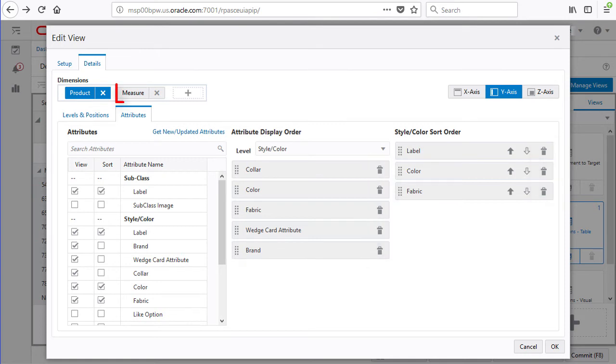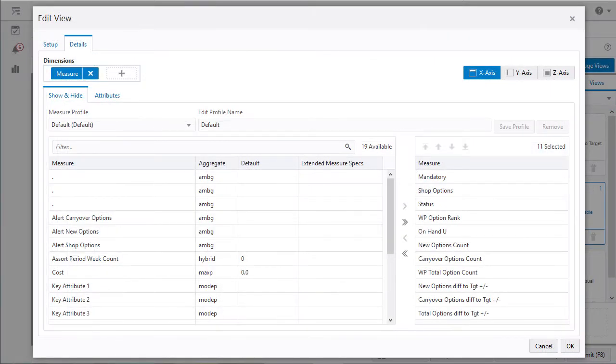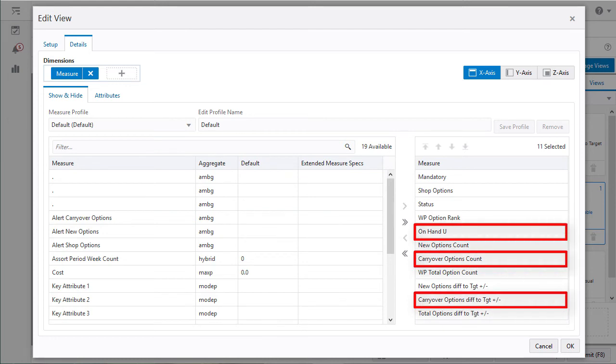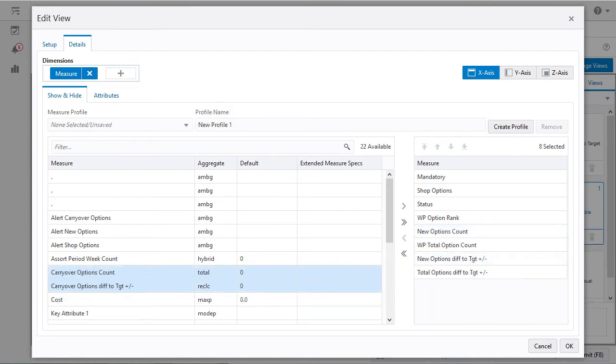To edit measures, we click on the Measure Dimension tile. In this example, I want to see the cost and the retail price for each option I select for the plan. So, I will remove the measures I don't want from the selected list. I could select each one and move it, then highlight the arrow pointing to the left. Or I can use the double arrow to move them all. I only want the first three measures, so I will select the remaining measures and move them to Available List.